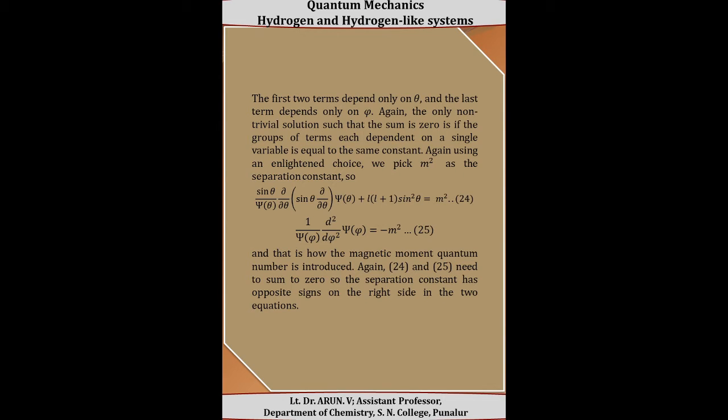Here we are using m square as the separation constant. By using the separation constant m square, we can write these as two separate equations, that is sin theta by psi(theta) into del by del theta into sin theta